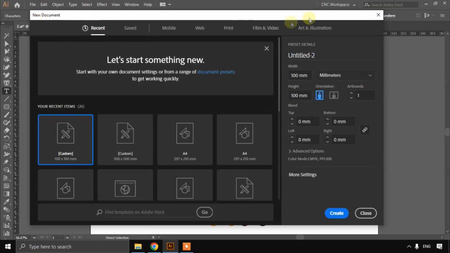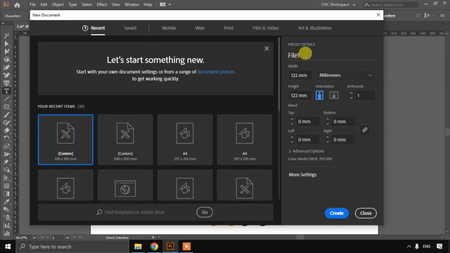On the right side we can choose the metric system. I'm using millimeters, so I will stick to my millimeters, but if you are using inches you can click on the inches. You can also change this later. Here we can see the measurements of our file. I will put maybe 122, 122, and here is going to be the name of the file,